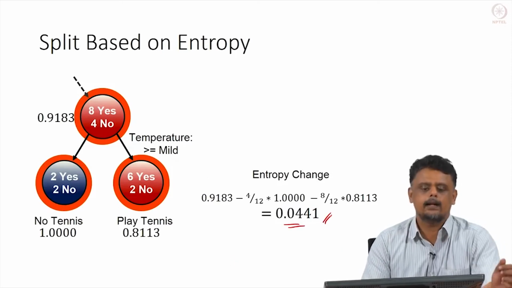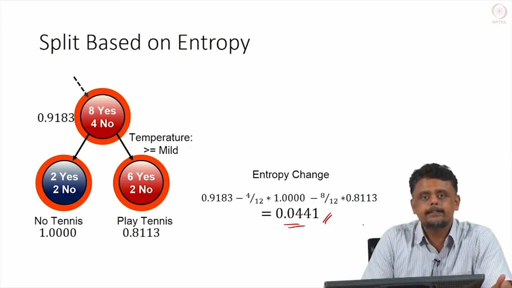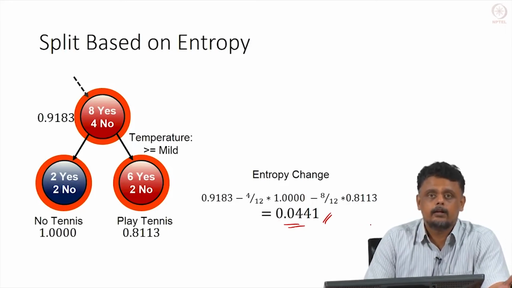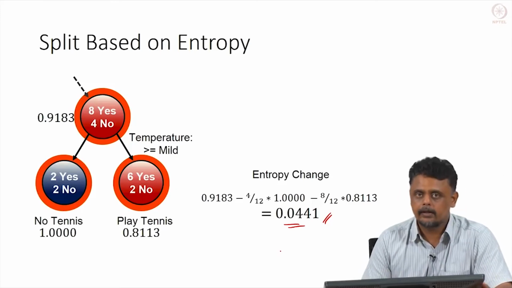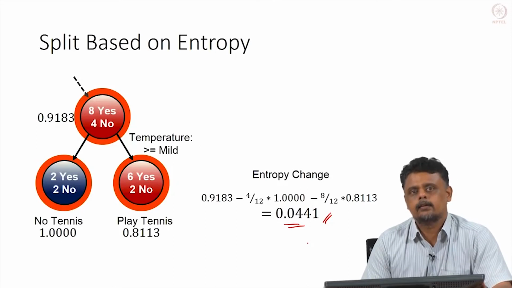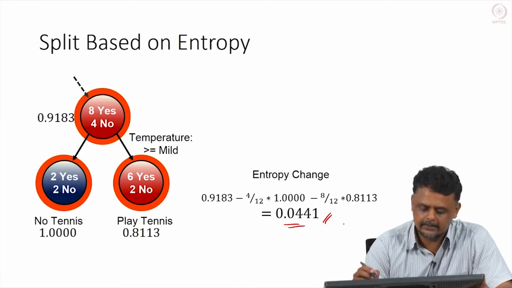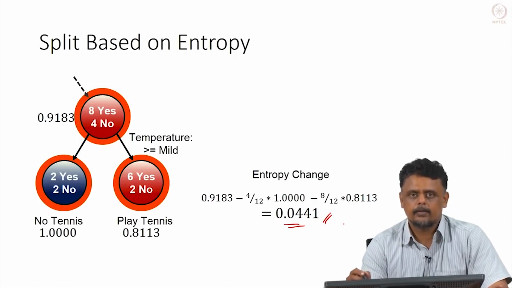So, this is for one feature, which is the temperature. Now, we would do the similar calculation for the other three features, and we will calculate the same entropy change for all of them and choose the feature that gives rise to the maximum change. Of course, there are many questions here because in this particular example I have chosen, all of the features are categorical in the sense that they take values from a finite set.